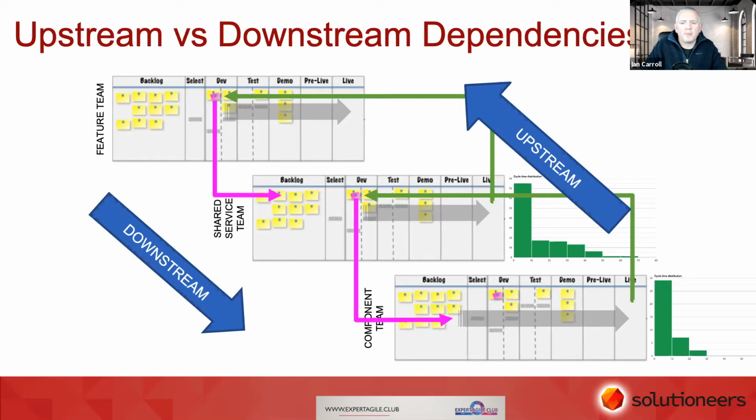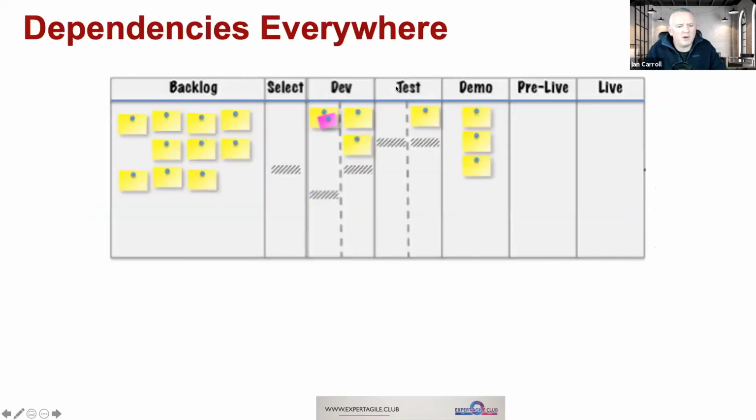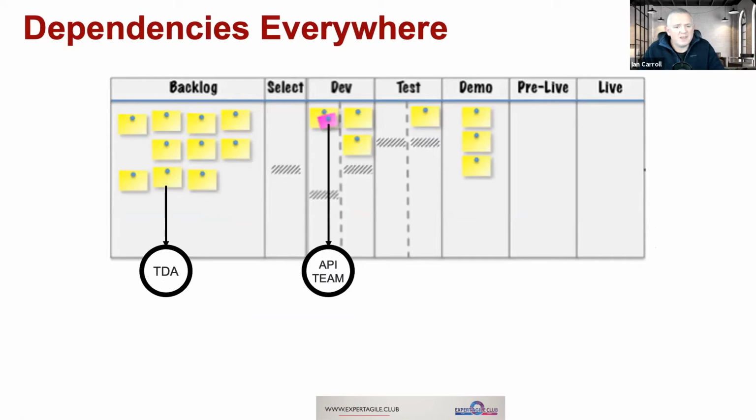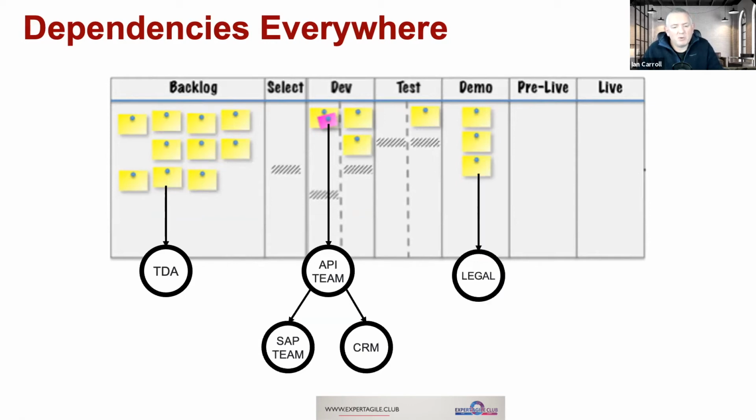Right, next one. It's the fact that dependencies are everywhere, really. Even when you've got stuff in your backlog, maybe it's got to be run via a technical design authority or some other process to approve it. Maybe once it's in development, we need to hand off to an API team who then have dependencies on further component teams, such as an SAP team, CRM team, who knows, could be anything. Maybe once it gets to the demo stage, we're demoing to legal and they need to go off and do a load of